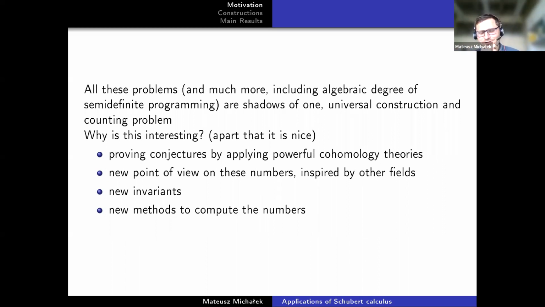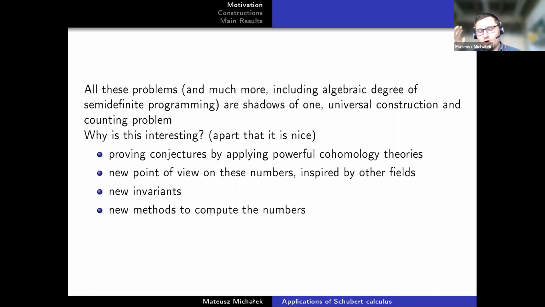Now, often when I hear people building a unifying theory between many fields, this theory tends to be super complicated, and you might be slightly scared that on the next slide, the object that will appear will consist of a 5-tuple, a graph, a matrix with linear entries, a quadric, and something like that. Don't be worried. In some sense, this universal construction might be the easiest one of all that I described so far. So I think this is also a big advantage, that this unified construction is not getting more complicated.